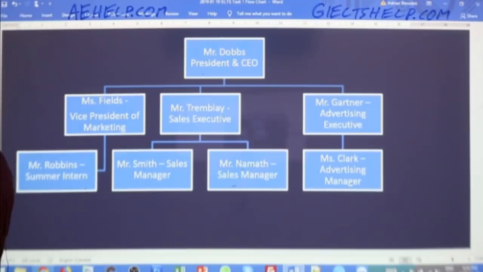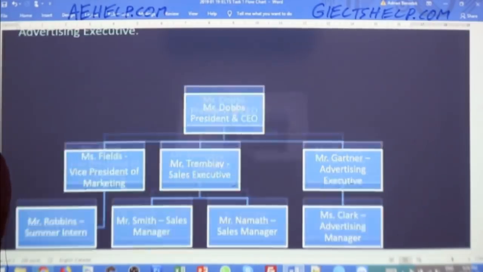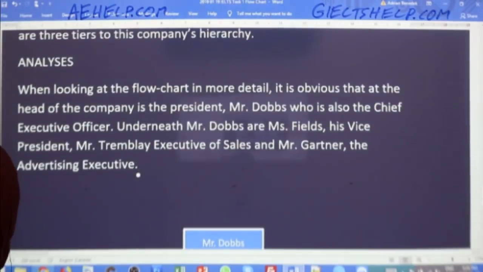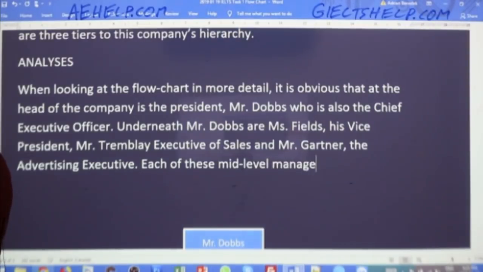So here we go. Connect your information. Each of these mid-level managers or executives have subordinates.